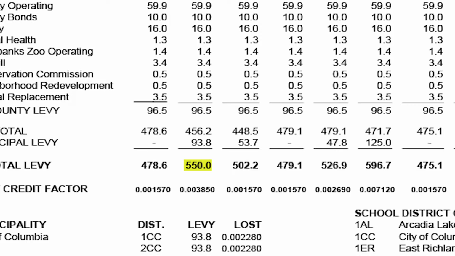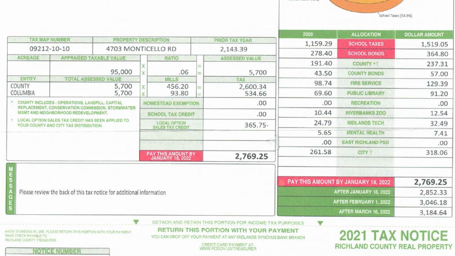Now, it's the same math as before. Remember, you're doing this as you're evaluating a property to buy. You want to figure out how much your yearly taxes are going to be. All you will probably know is the value, the tax assessed value. So that's what we're starting at. This property was assessed at a value of $95,000, and we know that we're at 6%. It says it right here, and you will know that because you're getting an investment property. So take that 95,000 times 0.06, you end up with